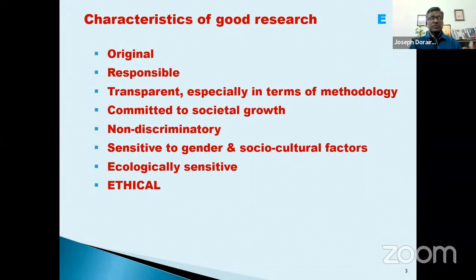So dear friends, good research should be original, it should be responsible, particularly in terms of methodology. It should be transparent, and good research is committed to societal growth and development. Not that we are discounting pure research or theoretical research. Wherever there is a choice between pure research on the one hand and application-oriented research on the other, it is better to focus on application-oriented research because it is committed to societal growth and